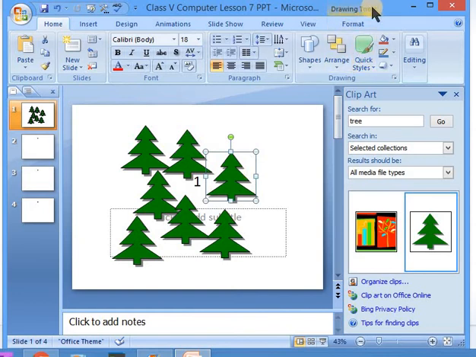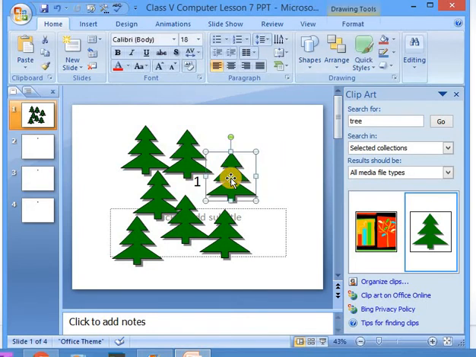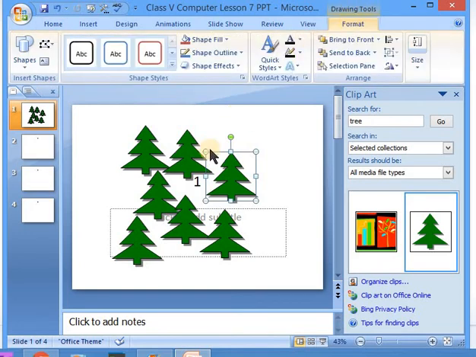So can you see this drawing toolbar? The moment I clicked on this tree, this drawing tool appeared automatically. See, there is no drawing tool before. The moment I click on this, I told you the computer understands only when you click something. So I have clicked. Now here it is a drawing toolbar. I will click this also. Now related to this, what all can I do?